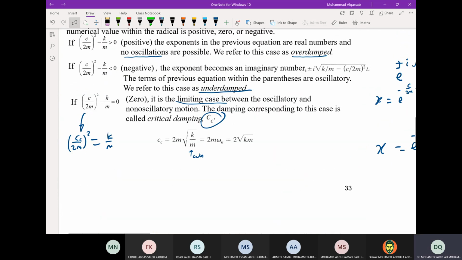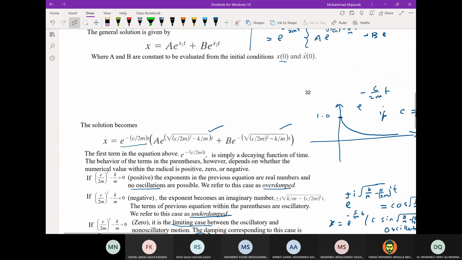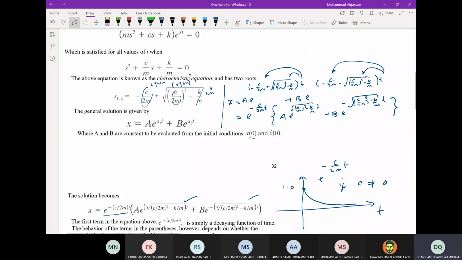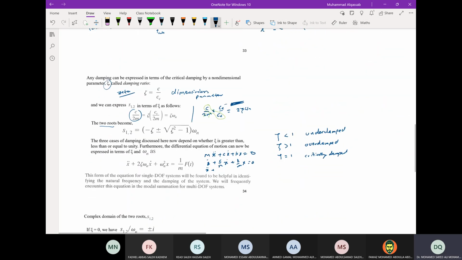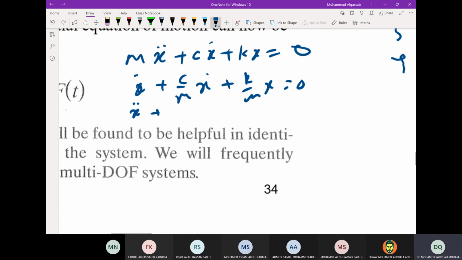Somewhere I wrote, yeah, this is zeta omega n only. In the differential equation, c over m is 2 zeta omega n, plus k over m is omega n squared, x equal to 0. So from the differential equation, you can determine two parameters,